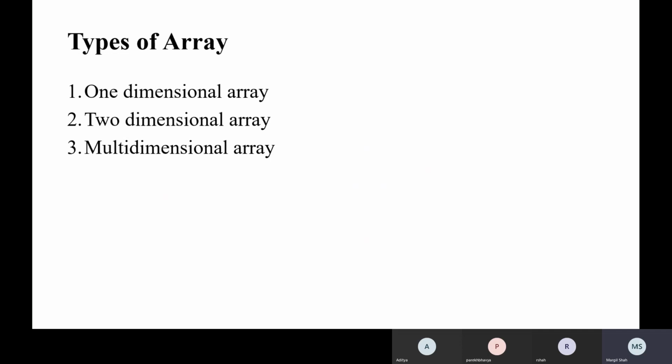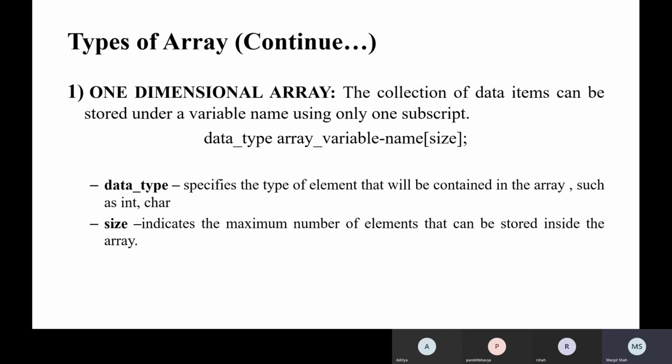Now, what is a one-dimensional array? It allows us to work with a single subscript or single dimension only, right? The collection of data types can be stored under a variable name using only one subscript. Same definition, and we can say the same syntax also: data type, array variable name, and size, because whatever we have discussed up till now is with reference to the one-dimensional array only.